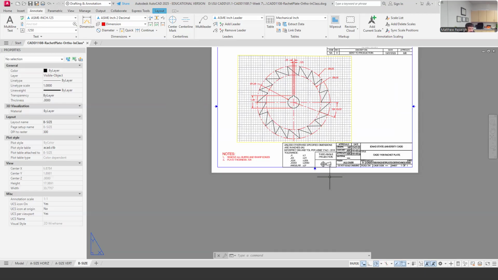I will title section views, and I will title auxiliary views. If I've done rotated or removed section views, I might title them. Well, section views get titled usually anyway, so let's do that next. This is where I want to stop this one. So I'm going to call this one done and turned in, and jump over to